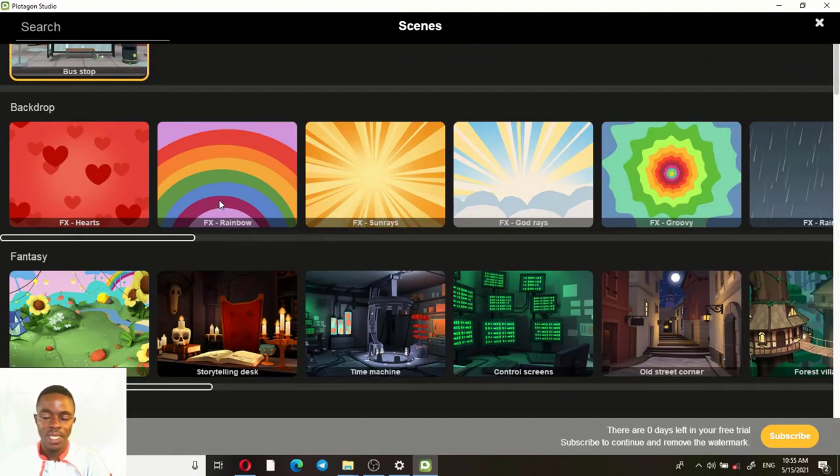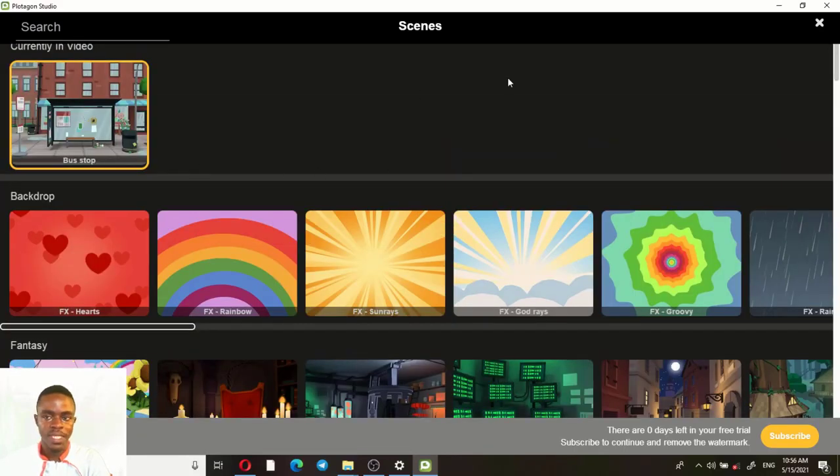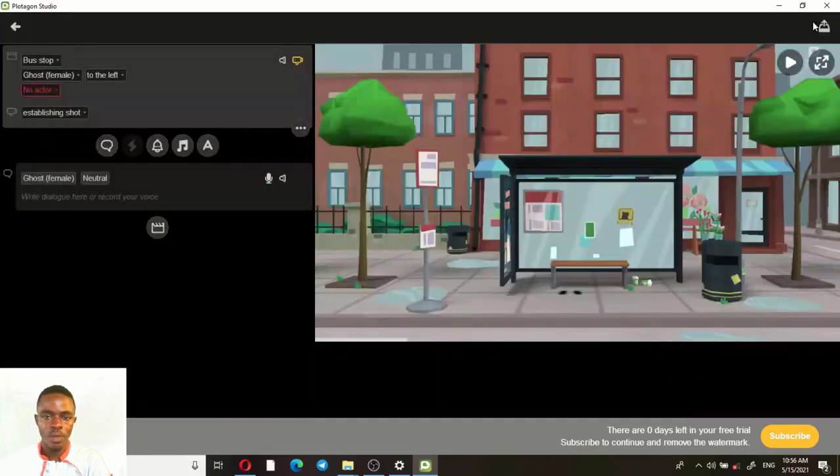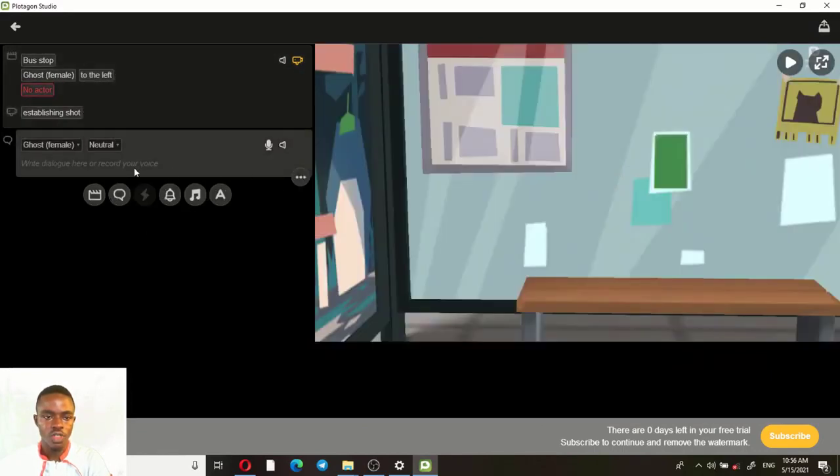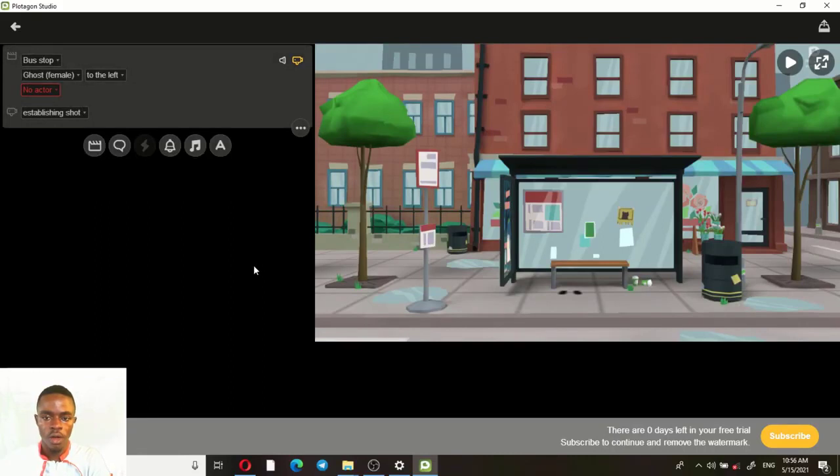it's not that good for you to use because it doesn't have a floor base. It's just a plane. So that's why I decided to use a bus stop like this. And once I did that, I didn't actually even use it, because once I select on this, it will show me where I place the ghost. So I did this, just close that, then export